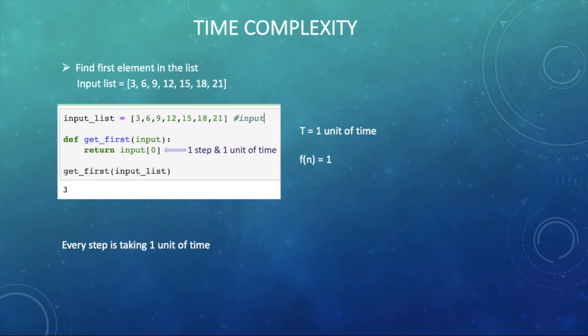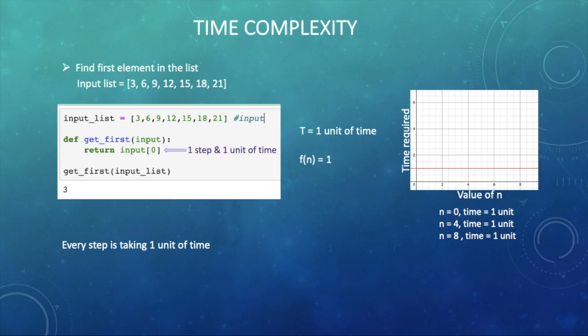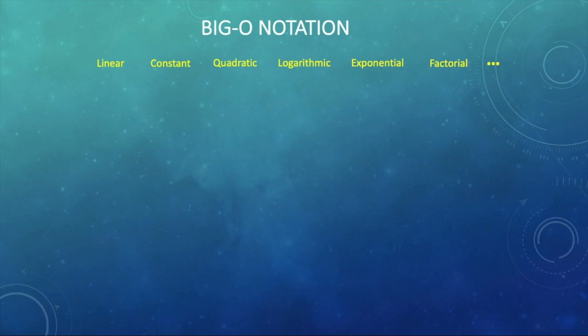When we plot the input size and the time required for this example, we will get this kind of graph, a straight line running parallel to the x-axis, where we have time on the y-axis which is constant with the increasing value of n that is plotted on the x-axis. So that means no matter what the value of n is, the execution time required is almost the same every time and it is not increasing. This is showing constant time behavior, or we can say constant time complexity. Likewise, we have more types of time complexities like quadratic, logarithmic, exponential, factorial and so on.